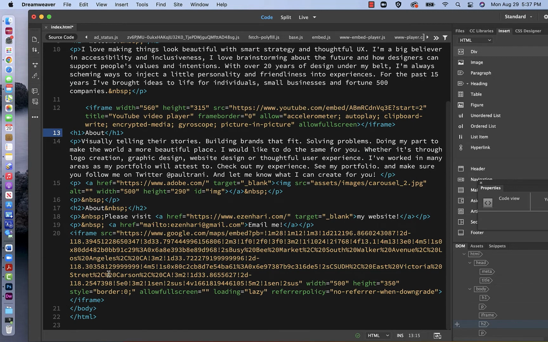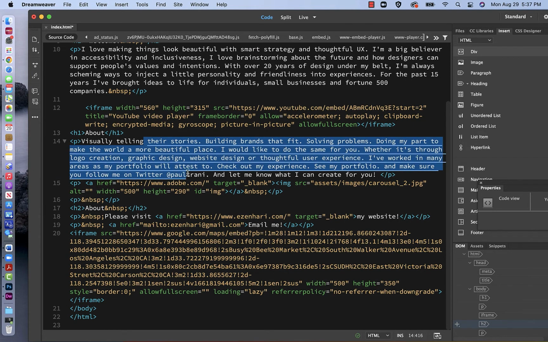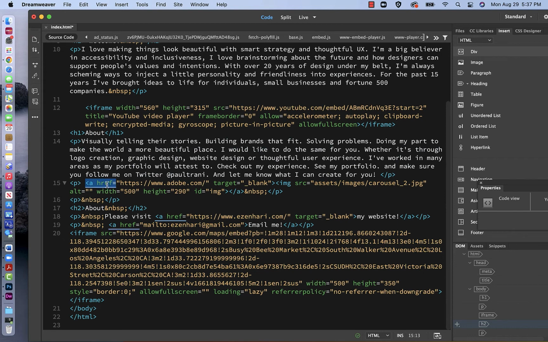And then, as I mentioned, you want to pay attention to the colors that Dreamweaver uses. So all the links, you can see this identified in orange. The href, which means this is creating the links, is identified as green. So the colors really help us identify what we're doing easier just by looking at them. And then of course here I have the link to my website that's blank,